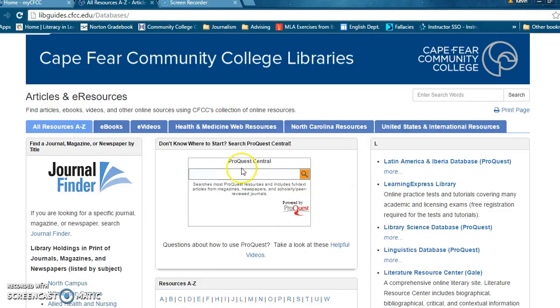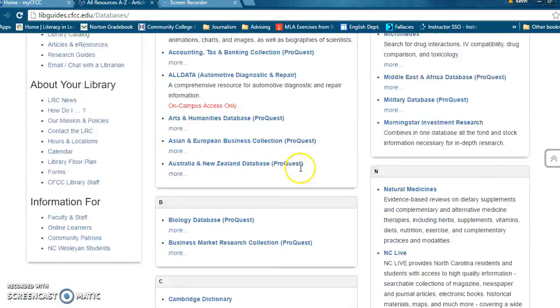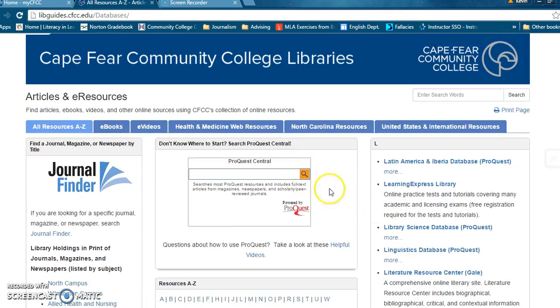First of all, don't be limited. I'm going to use this one as an example, but all of these different databases could be useful to you depending on what you're writing about and the approach you're taking. ProQuest Central is a good place to start. And so I'm going to start with, let's see, this